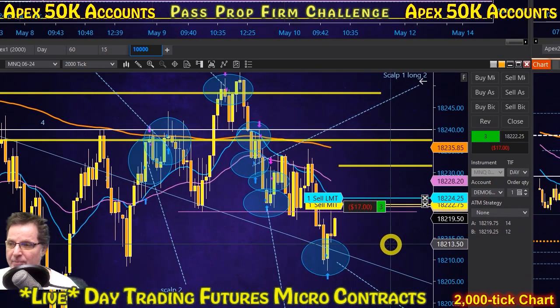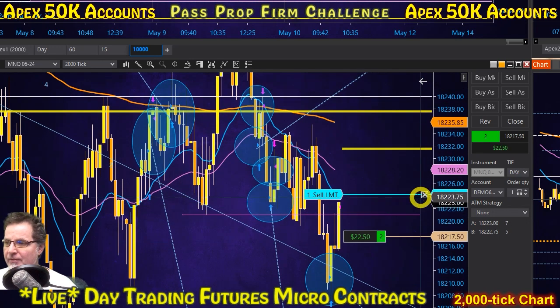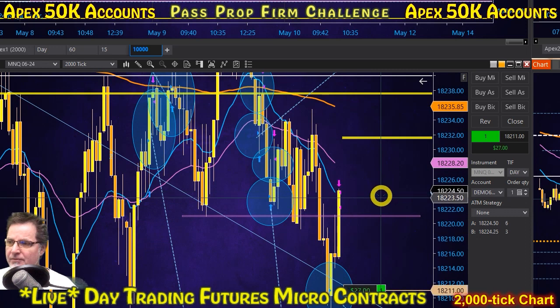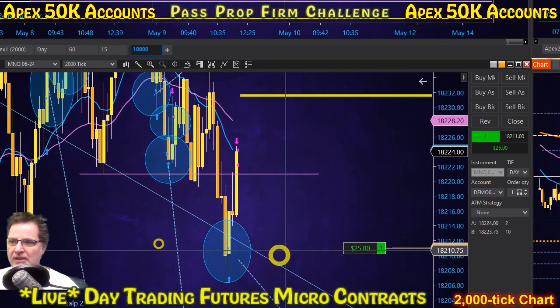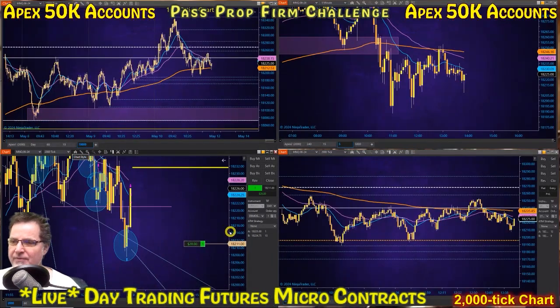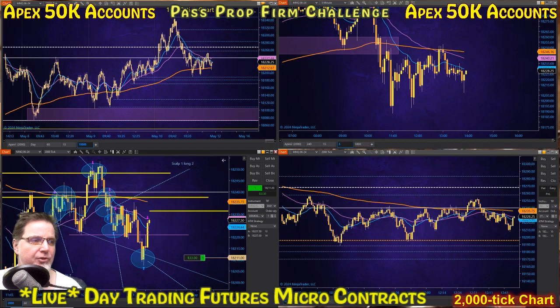I'm going to sell most of my position right here and just keep 1 micro because I'm tired of playing with it. Order filled. There goes 1. Hopefully it'll hit this next one. Order filled. Okay, now I only have 1 micro, and I'm down about 136 bucks, so we'll see if it can go up a little bit here. I am tired of messing with it. Plus, it's almost 2 o'clock.